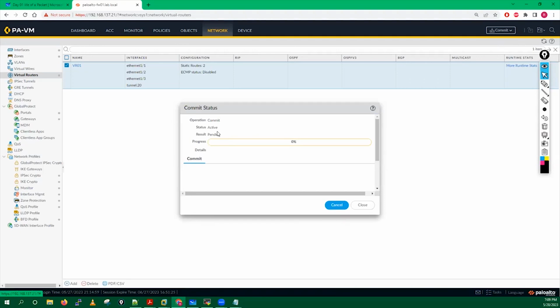So guys, are you getting what I'm trying to explain? Because if you know the packet flow in detail, you can troubleshoot the issues. At least you will be able to understand where my packet is going and what is happening when my PAN-OS is doing the packet processing. Let's wait for this commit to complete. Meanwhile,